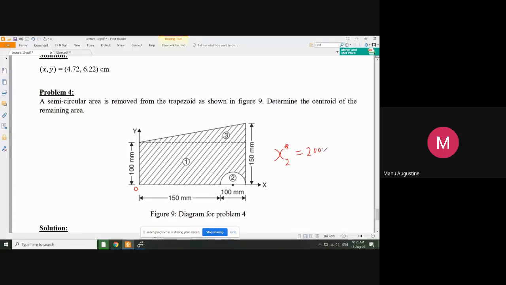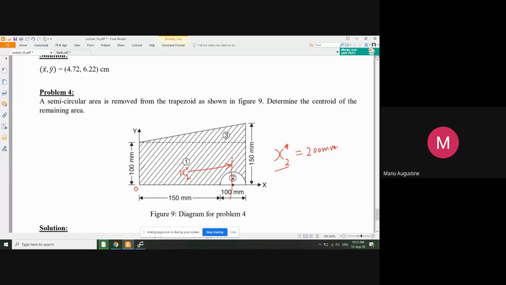And those who were not able to do this, कि भाई ये डायरेक्टली कैसे निकाला, आपको ये पता होना चाहिए कि सेंट्रॉइड आएगा यहाँ कहीं पे। ये देखो, ये जो रेड डॉट है यहाँ कहीं सेंट्रॉइड आएगा। आपसे x2 स्टार पूछा गया है। x2 स्टार का मतलब the x distance from origin. That means if you draw a vertical line through this centroid, this distance is x2 star. ये है x2 स्टार।